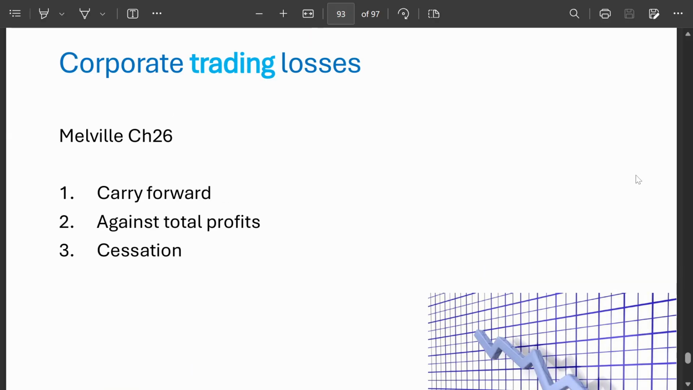Okay, corporate trading losses. Now we have a topic here. So our understanding has to be only very minimal actually, but we do need to have this understanding because you can get a question with some corporate trading losses. So you need to know how to adjust it, how to adjust different types of. So let's look at